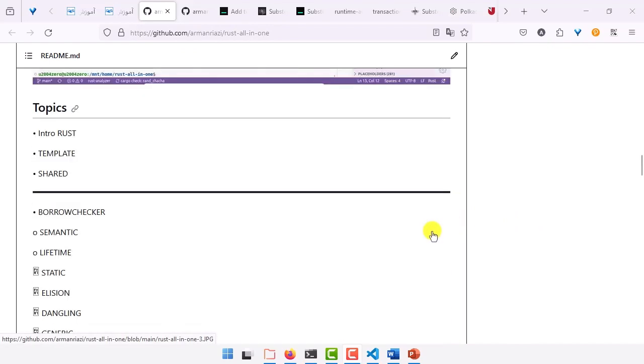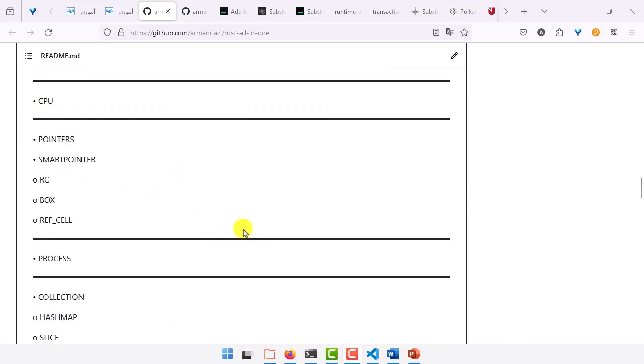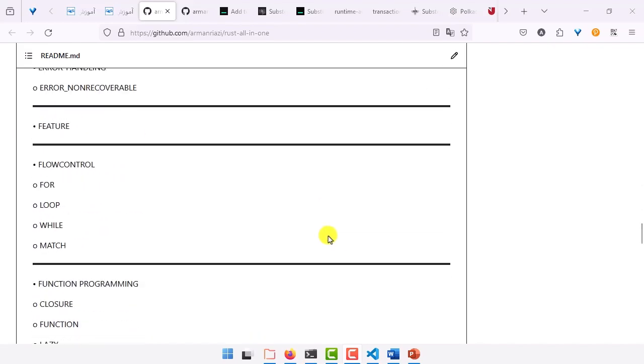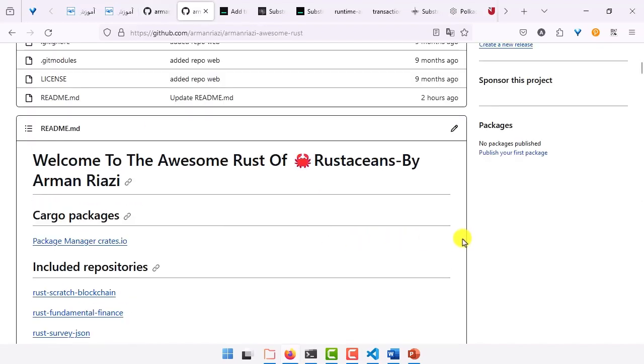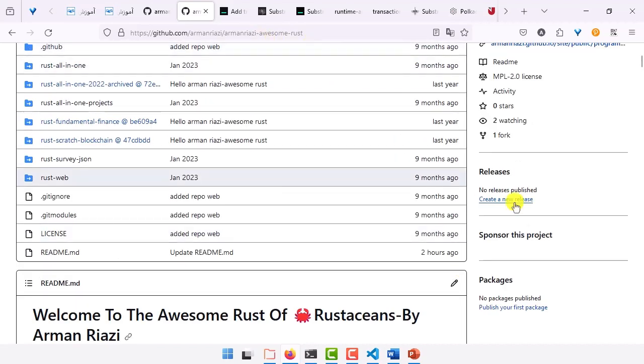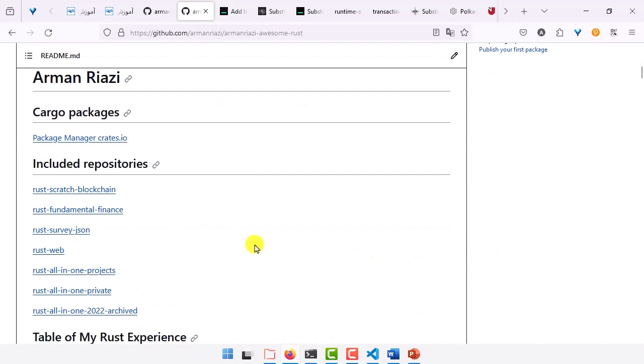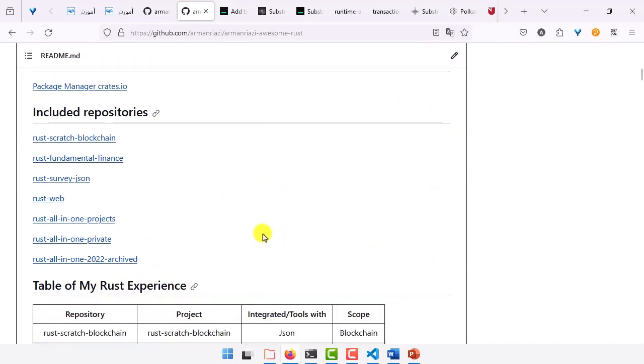As you can see, there are topics from a variety of perspectives about Rust programming. The other repository is called Awesome Rust, and you can check it out. As you can see, there is a bundle of repositories, and you can have access to updated information.